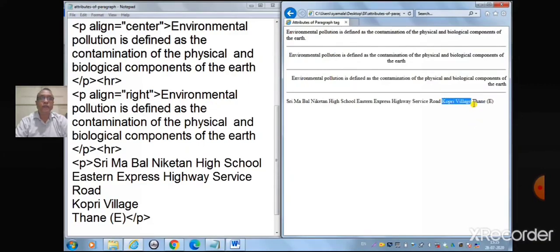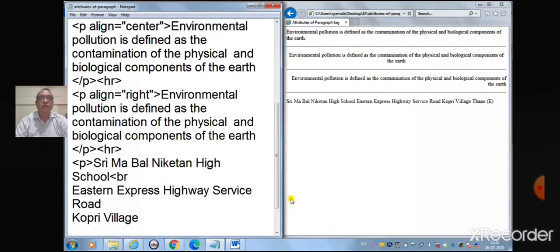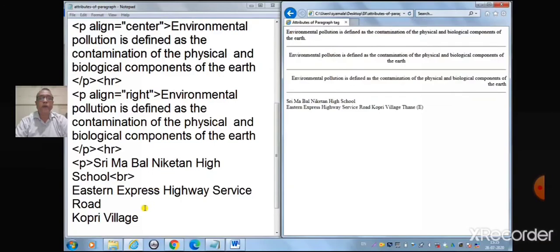How to do this? Come to the Notepad window. After High School, type BR. Save and refresh it on the browser. Now there is a break after School. Similarly, type BR after Service Road.